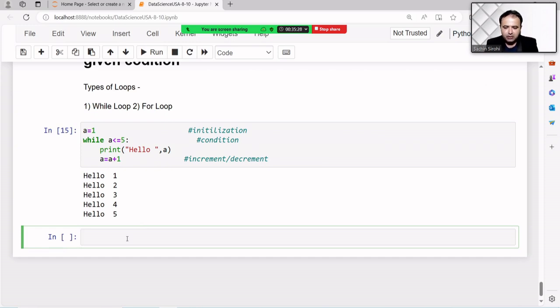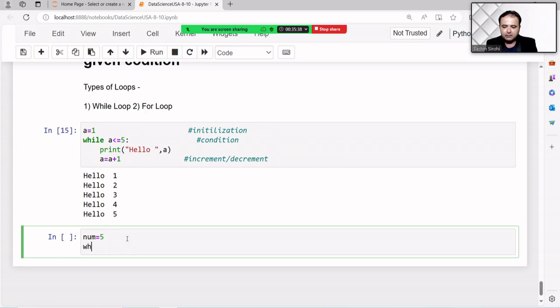How? I can give a variable here, number, you can take any variable. Then I take 5 here. Similarly, I want to write while num. Now I want to change the symbol. I want to come back like 5, 4, 3, 2, 1, so I want to come back to the previous one.